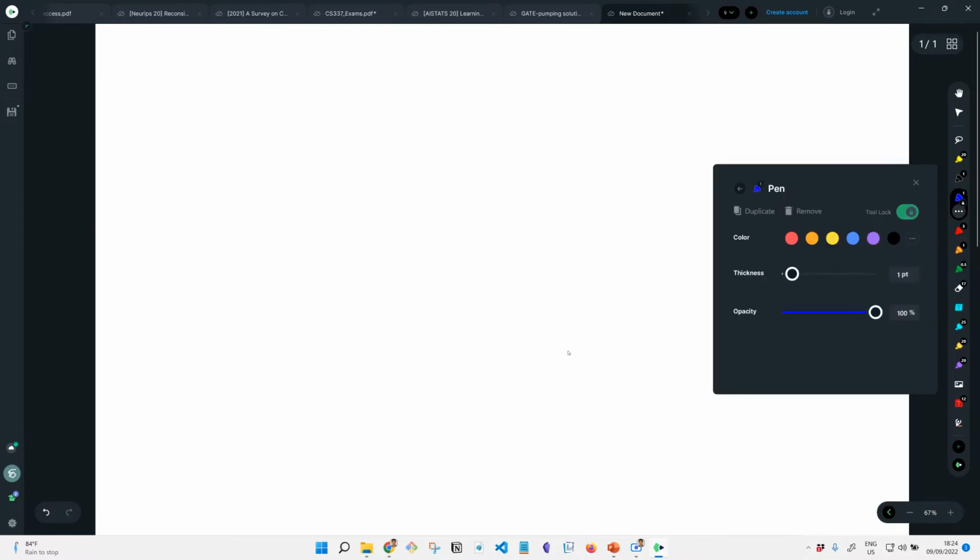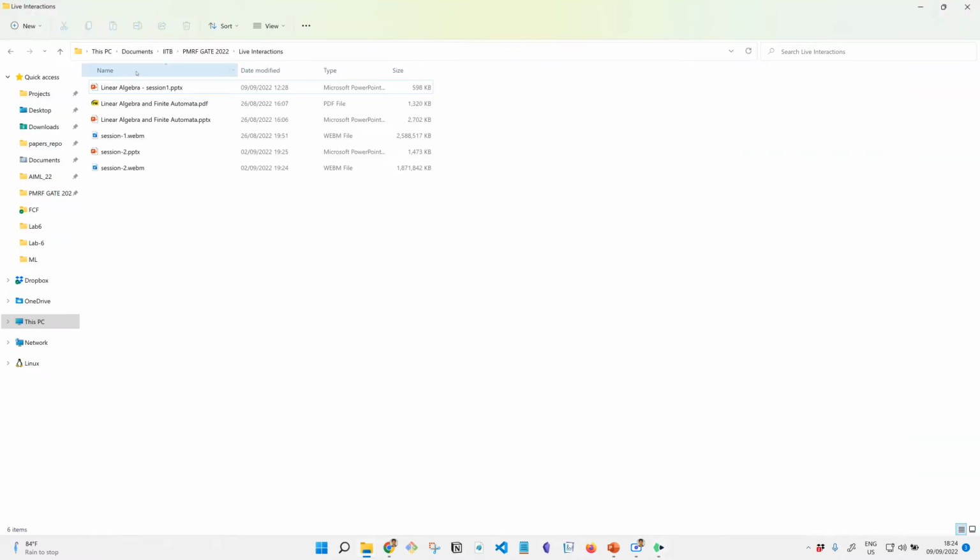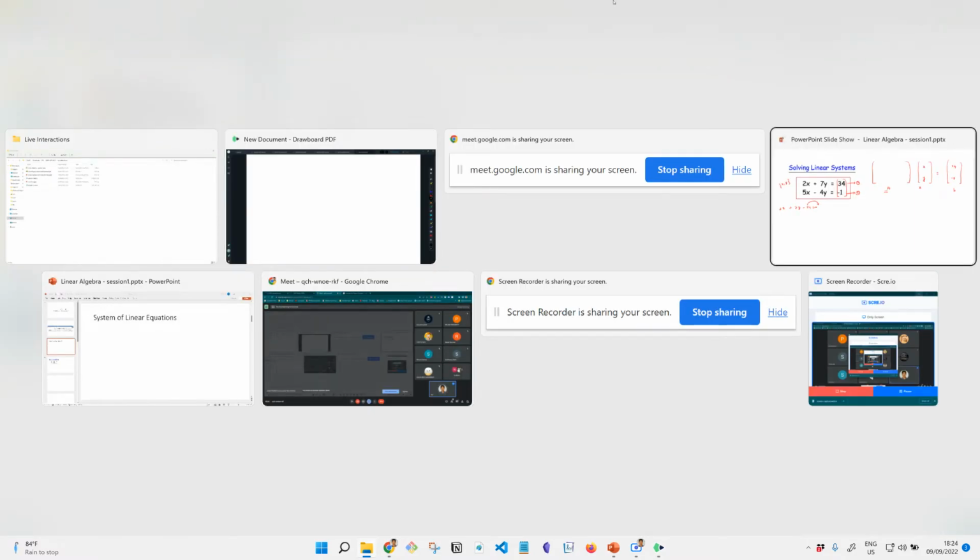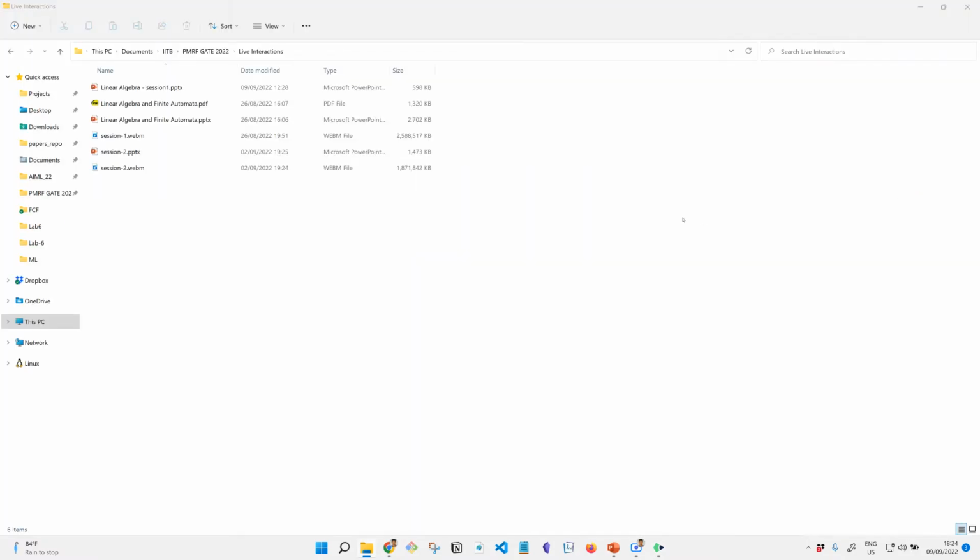So is this thickness fine? Okay, I think it is fine. So the equations that we had was 2x plus 7y equals 34,